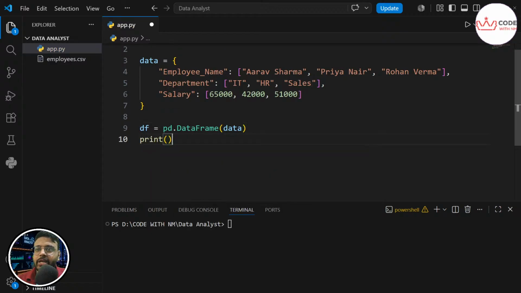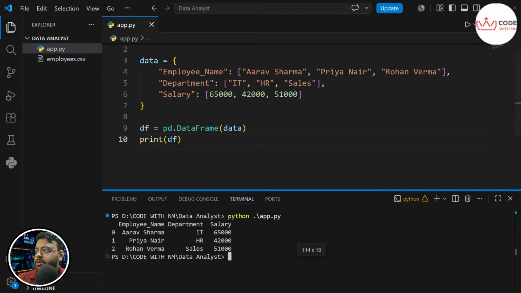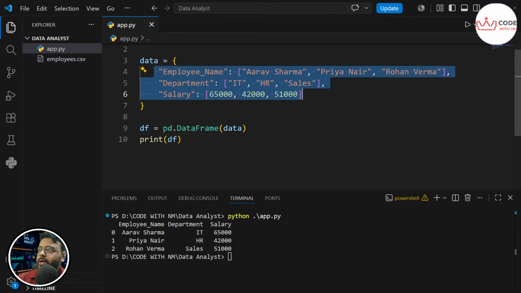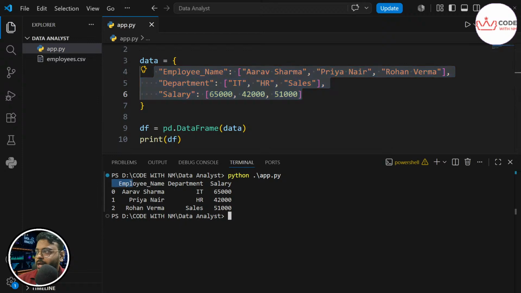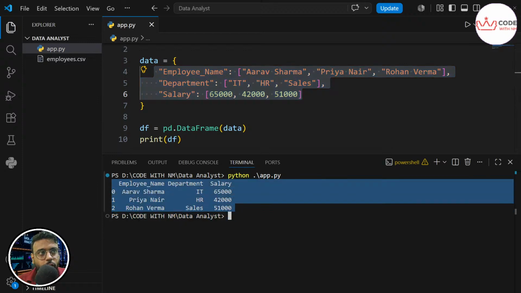If you print df, save it, let's print it. See, I've provided the data in this format, but here it is coming in an Excel sheet format with rows and columns. Yes, of course, it's a dictionary.